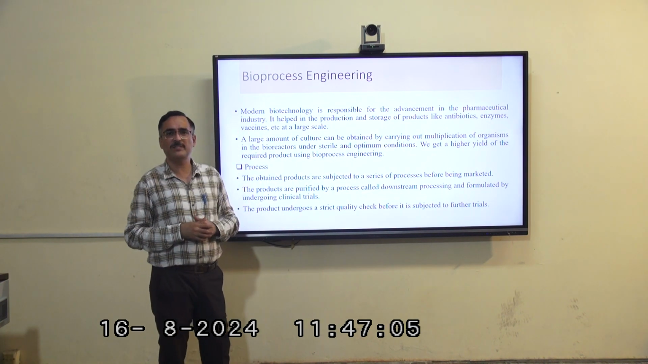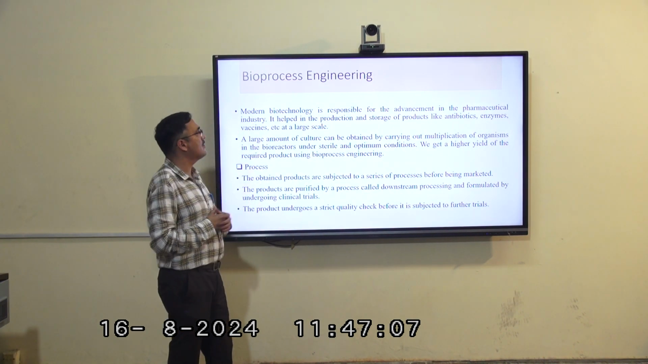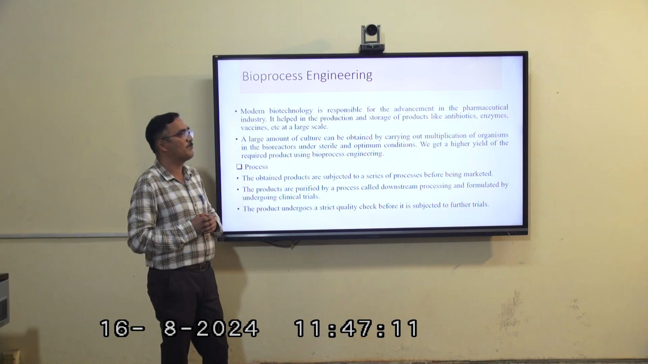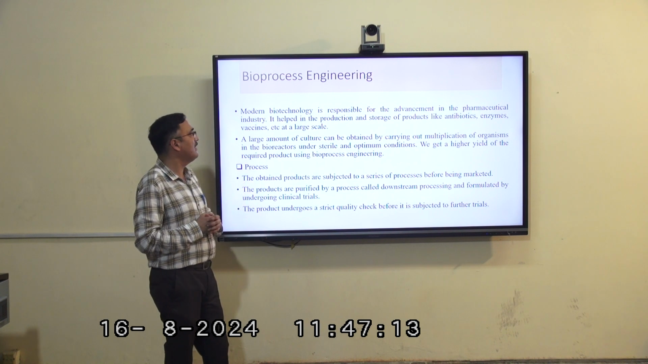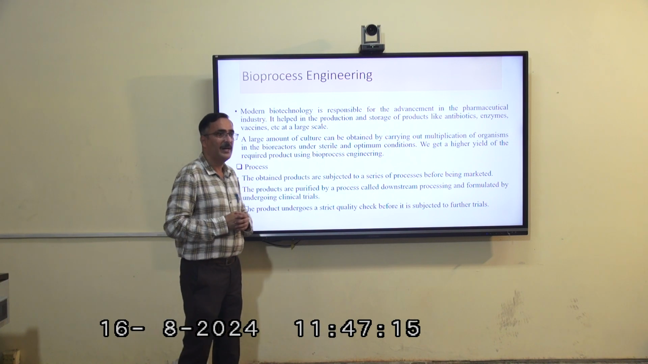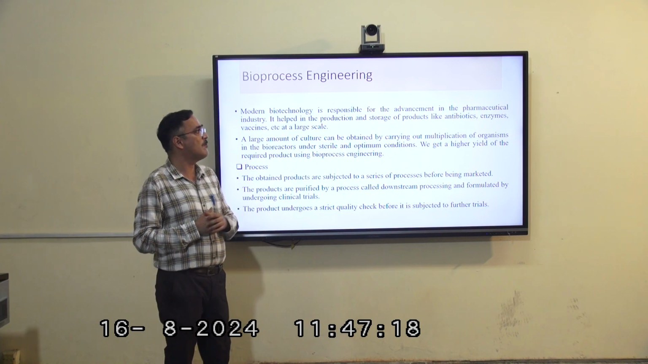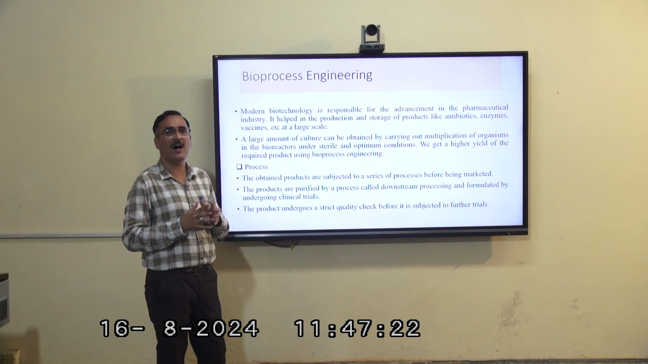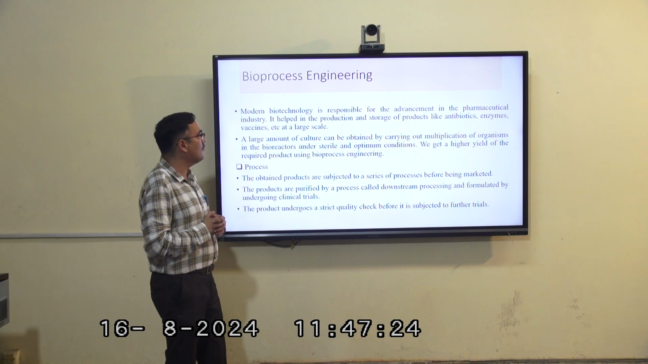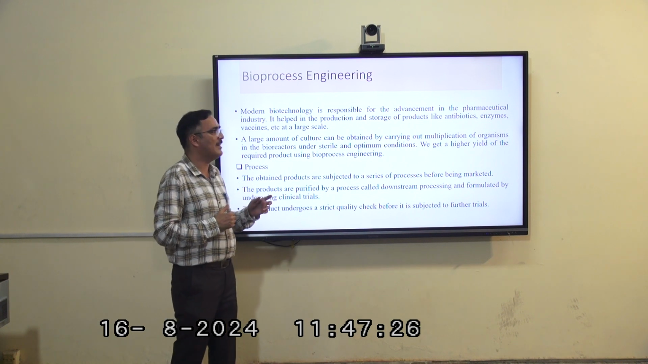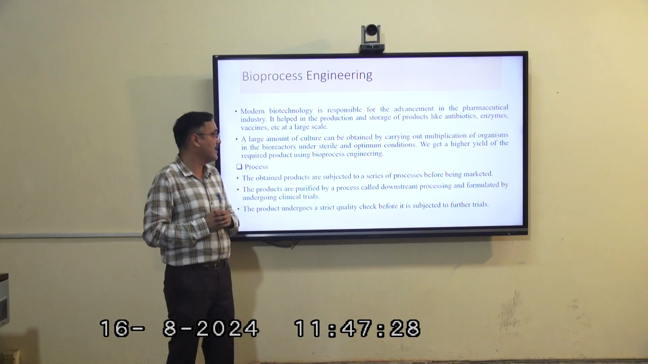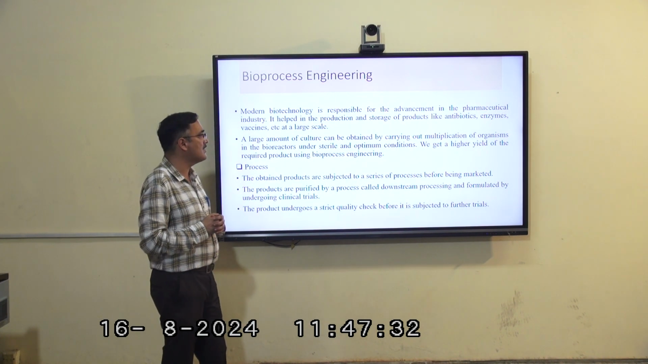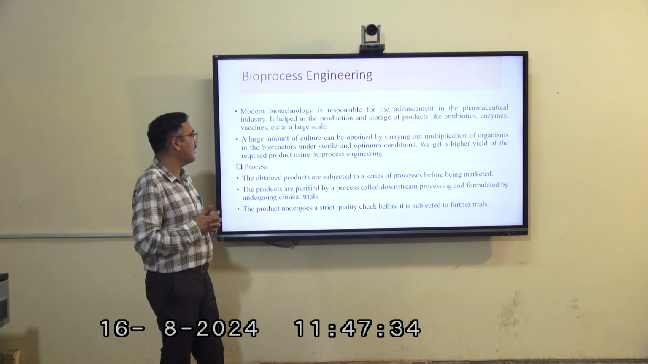Similar to the recombinant genetic engineering process, the other process is bioprocess engineering. Modern biotechnology is responsible for the advancement of the pharmaceutical industry. It involves the production and storage of products like antibiotics, enzymes, and vaccines at large scales. A large amount of culture can be obtained by multiplying organisms in bioreactors under sterile and optimum conditions. We get a high yield of the required product using